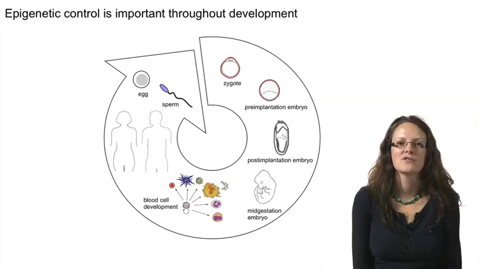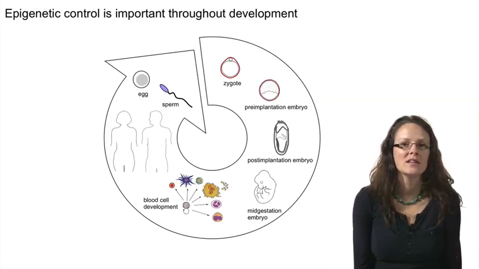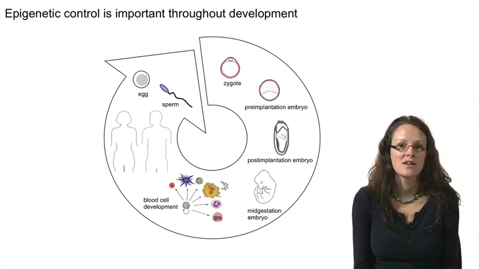So epigenetic control isn't just important in the differentiation of the three cell types we spoke about in the last lecture, but in fact it's important throughout development. And this is consistent with the idea that I mentioned that epigenetic marks demarcate the beginnings and the ends of chromosomes and the middle of chromosomes. So because epigenetic control is important in chromosome structure as well as in the control of gene expression, of course that's important for every cell type.